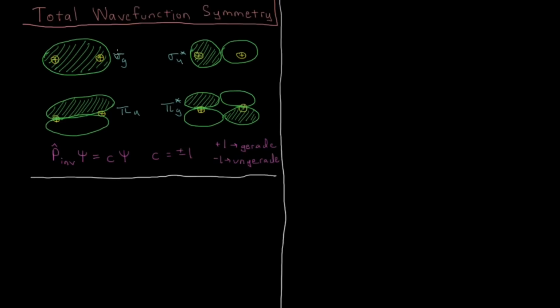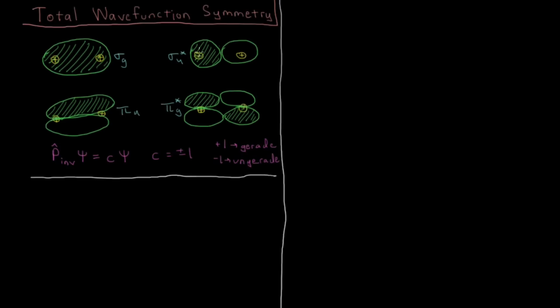So sigma g are sigma orbitals that are symmetric with respect to inversion, inversion being going to the opposite point relative to the center of this internuclear axis here. So going from here to here, positive to positive, that's gerade, because inverting gives you the same sign in the wave function. The sigma antibonding orbitals, sigma star, are ungerade, or u, because going through the inversion center always switches the sign